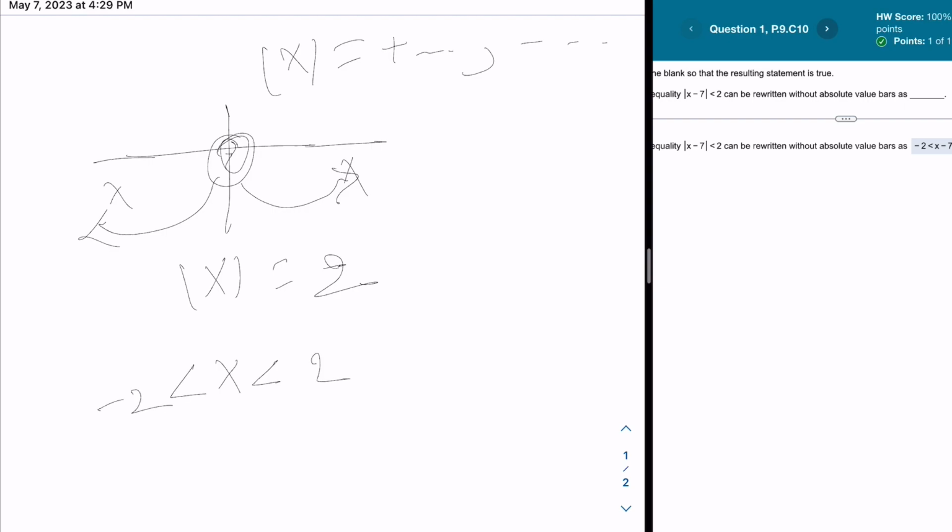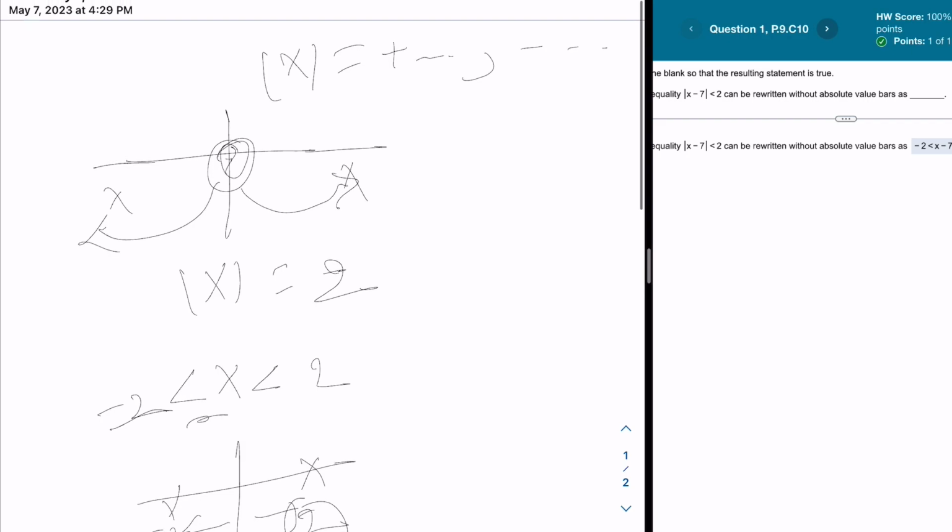So x can be minus 2 here, x can be plus 2 here. One is plus 2 distance from the origin, one is minus 2 distance from the origin. That's it. x is less than 2 and x is greater than minus 2. That's it. So from our first question,